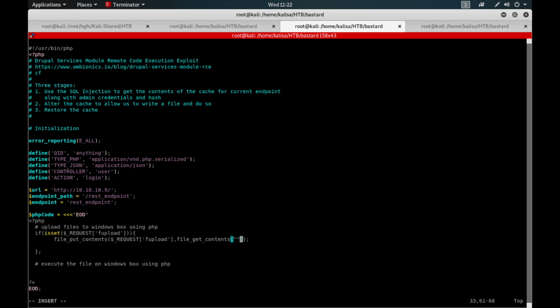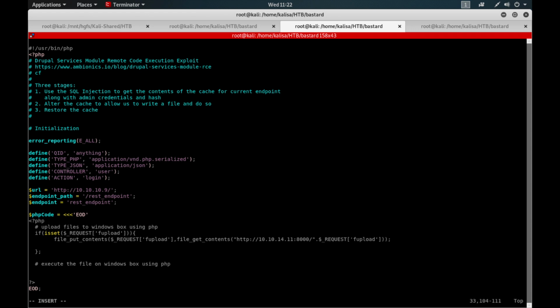I'll basically just give my own IP address, which is 10.10.14.11 hopefully, and I will just start a simple HTTP server, quite a simple HTTP server, and concatenate with the request